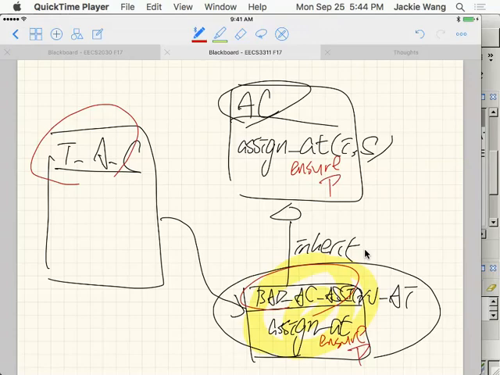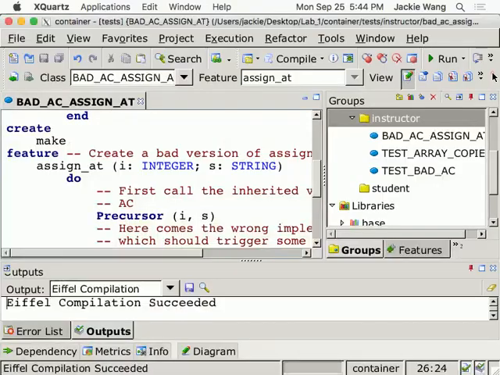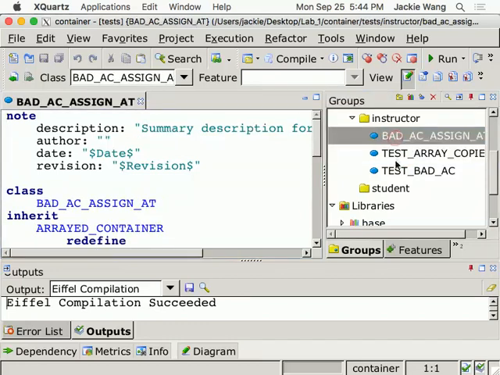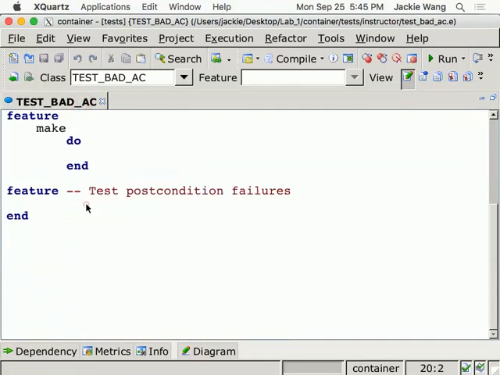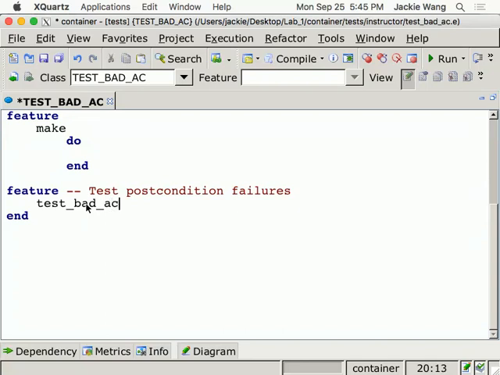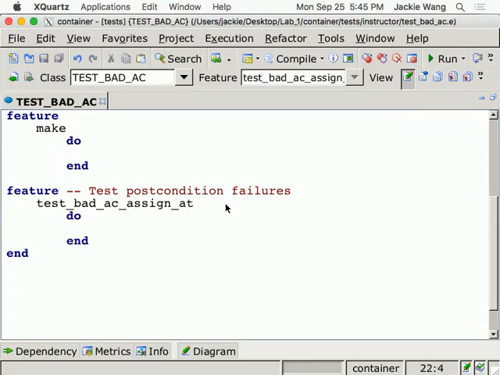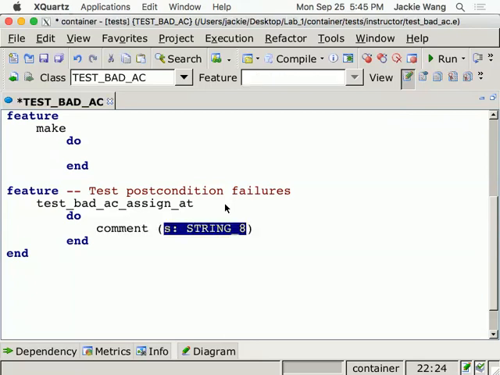Okay, let's see how we can do that for this example here. So let's go back to the test bad array container over here. So now let's declare, let's say test bad AC assign at. Okay, now let's do a comment over here. Comments, you can say this is a test